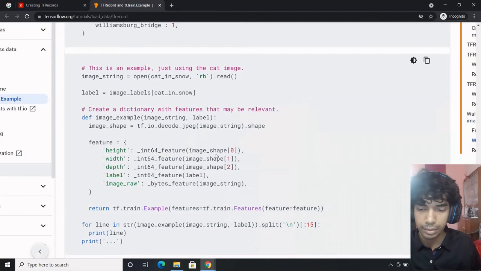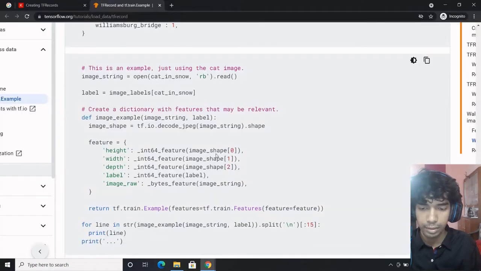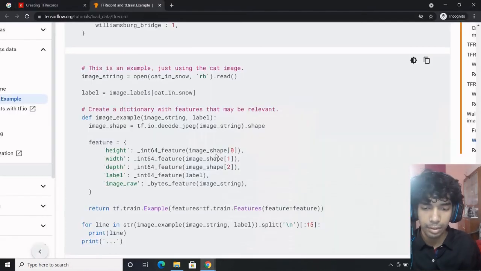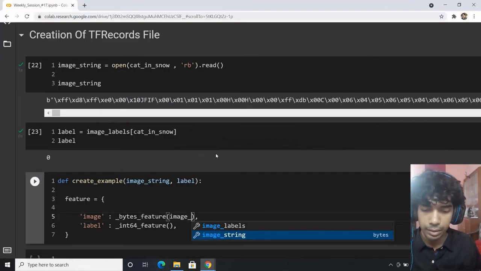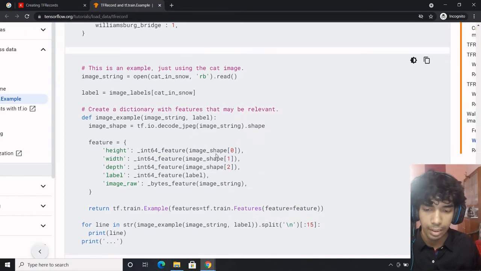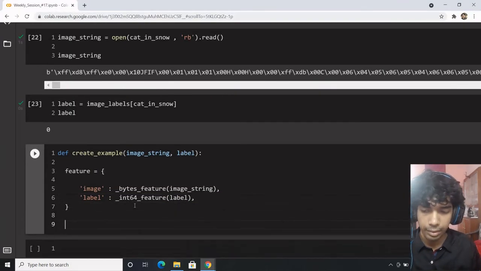Image can be stored in TF byte feature format. Label can be stored in int format. Good enough. What I add in image would be my image string, which is in binary format, and in int features I would add my label, which is in int format.